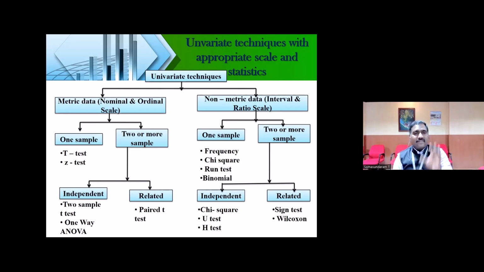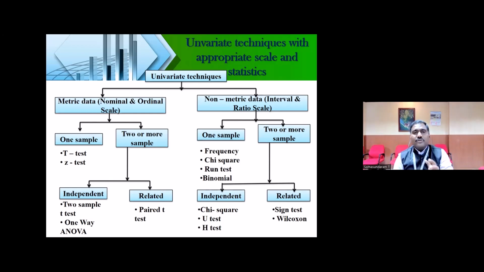All these tests are available in SPSS, in the analysis part. Your duty is only to select the respective variable in the respective column, execute the analysis, and get the output. You should be very clear on that part. Without an independent variable with categories, don't go for the Mann-Whitney U test or the ANOVA.